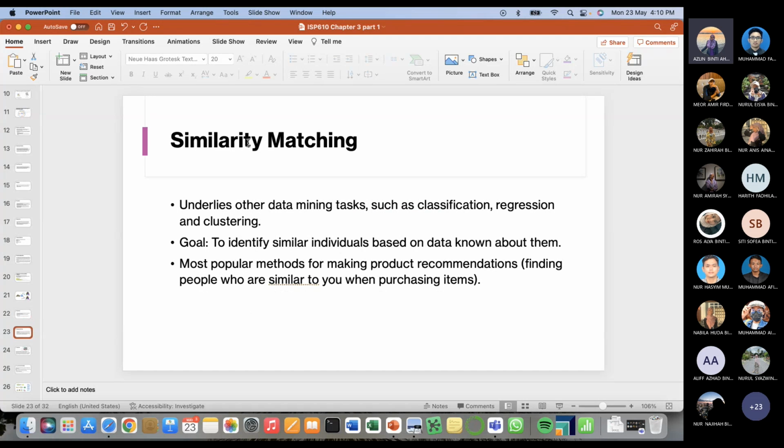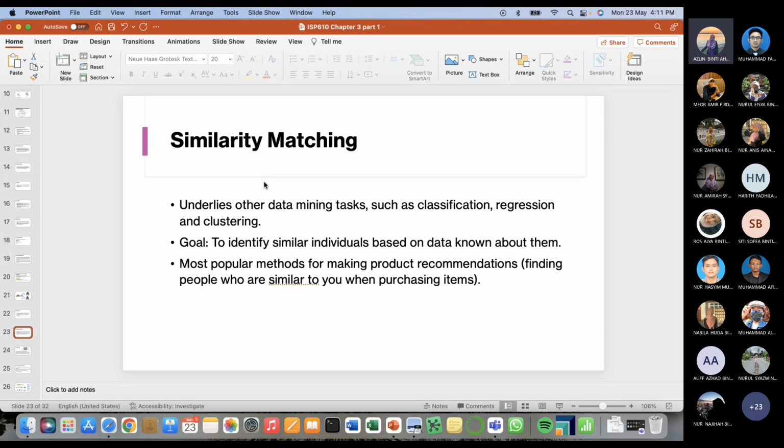So the next one is similarity matching. Sama juga konsep dia macam regression tadi. Dia macam duduk tengah-tengah tau. It can be classification, it can be regression. Tapi dia tak adalah macam solely on classification atau regression. Dia macam ni, kalau you buat classification, you buat regression, betul you buat classification, tapi kita akan tengok macam okay, ini similar tak dengan orang ni, orang ni similar tak dengan orang tu. Okay, untuk identify, untuk mudah nanti kalau kata nak buat profiling ke whatsoever,